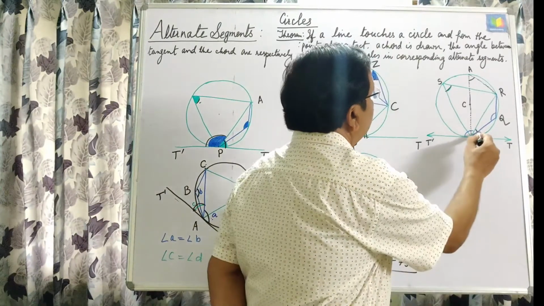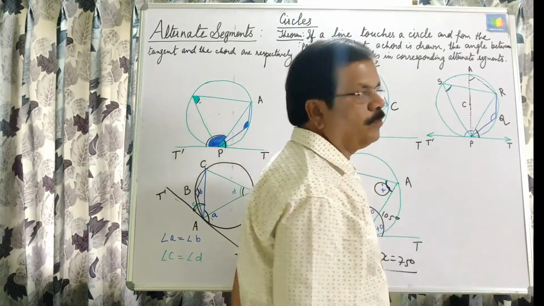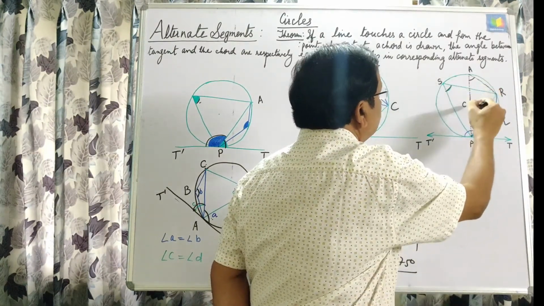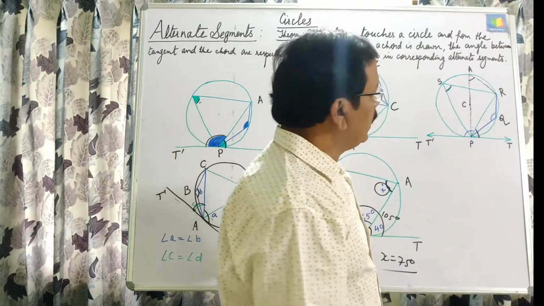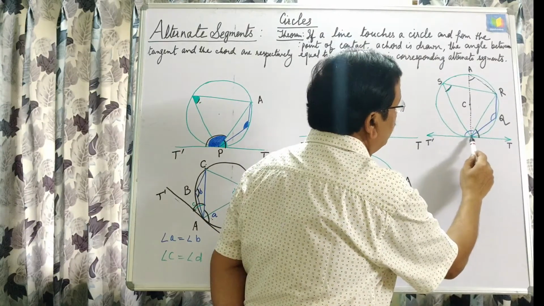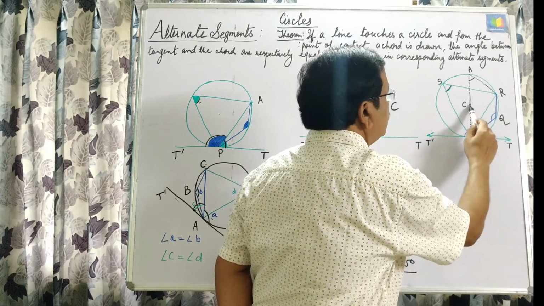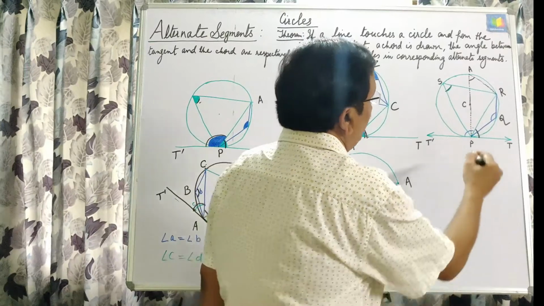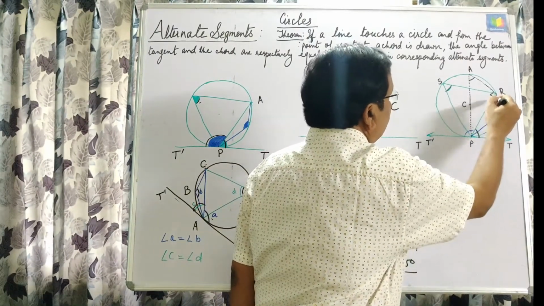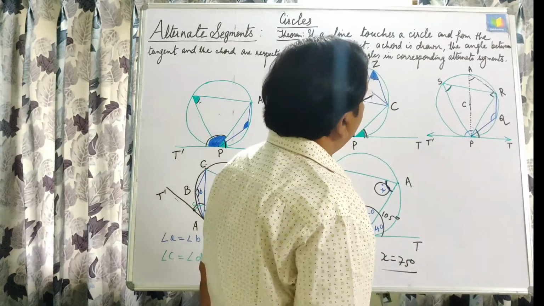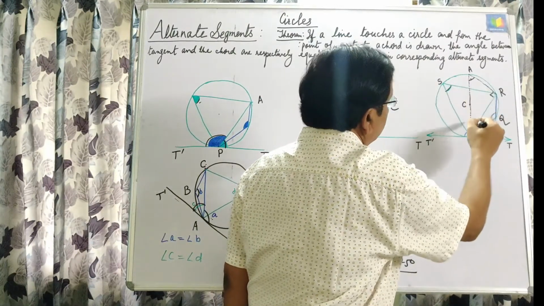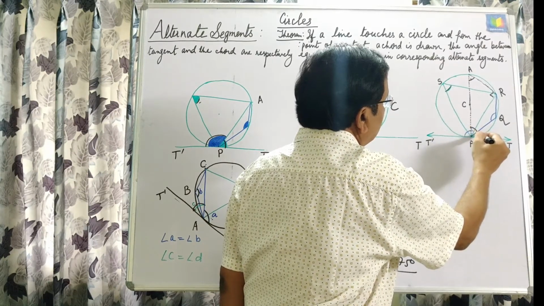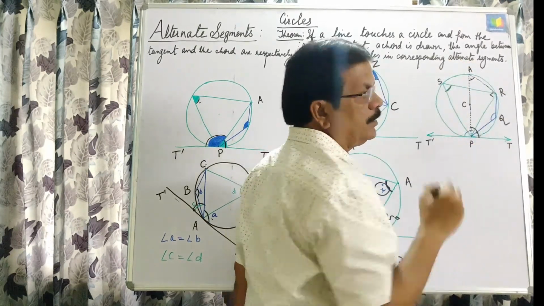You can see this angle plus this angle is equal to 90 degrees. In this figure, since this passes through the center, we know that if we draw a tangent at any point, the radius will pass through the center, and that is why this is the diameter of the circle, and that is why this will be 90 degrees, because of the angle in a semicircle. This angle plus this angle is equal to 90, and this plus this is 90. Since this is common, this angle will be equal to this angle.